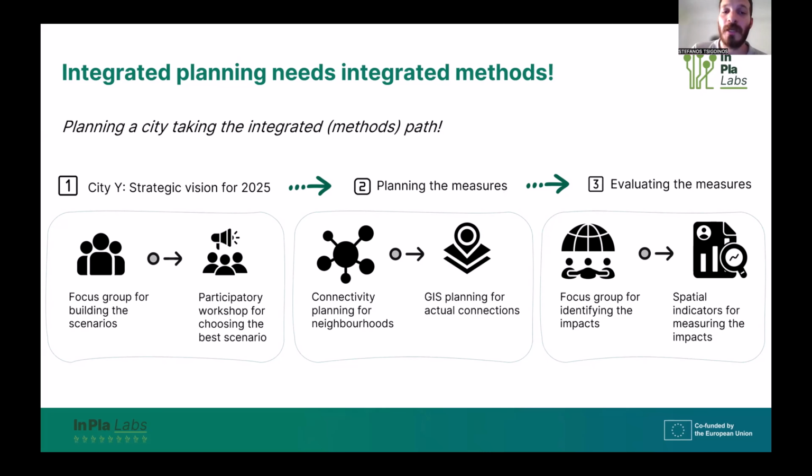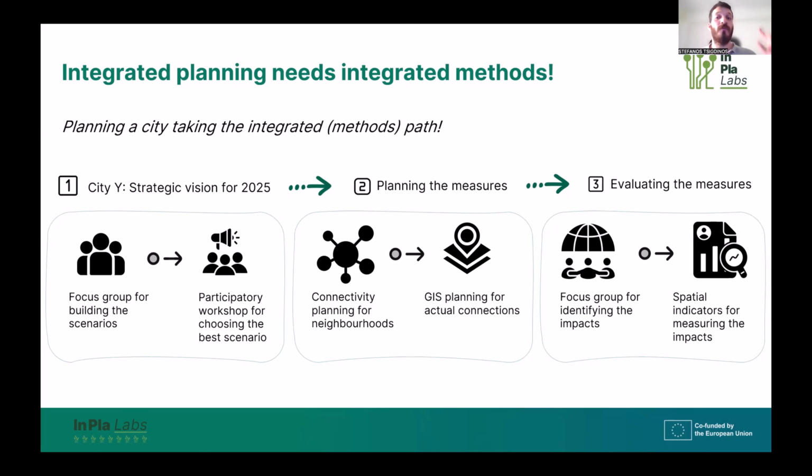So we can use firstly the connectivity for planning the neighborhoods, to connect the neighborhoods together. But for that, we can employ the accessibility analysis and the space index analysis tools. And then with these tools, all these conceptual connectivity issues come into actual planning. So we have these GIS and the spatial analysis tools that can help us plan our scenarios, and then stepping into the final stage, we have the evaluation.